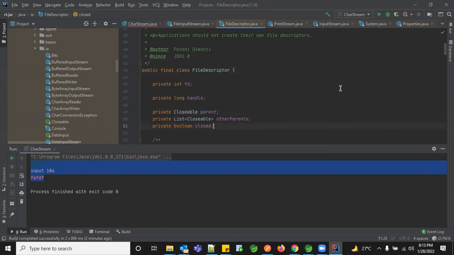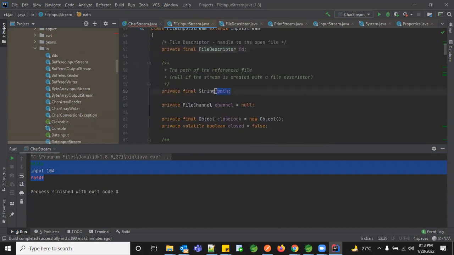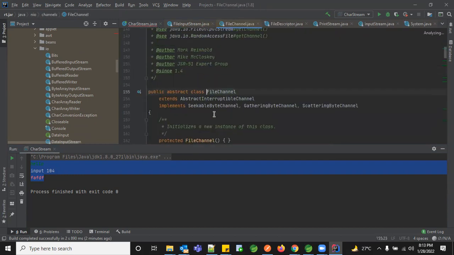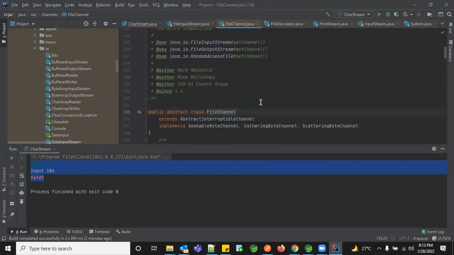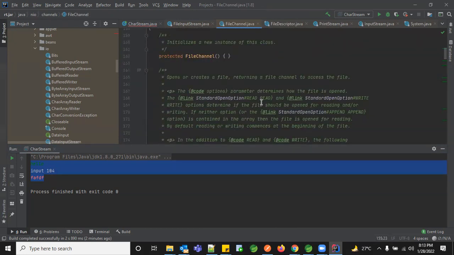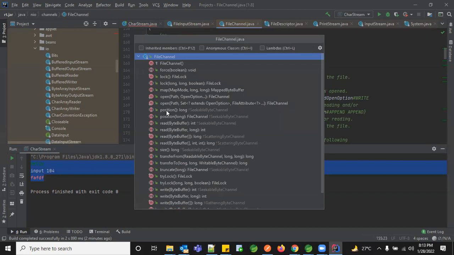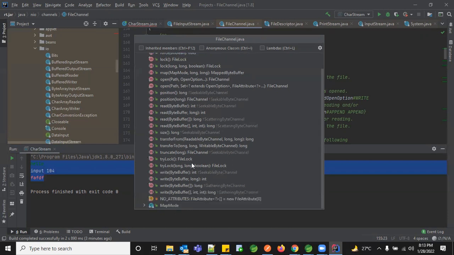And you can even close this once you're done with your operations. So for that, we always go with the file descriptor. And there's again something called file channel. This file channel is like what type of operation you're going to perform on that file. You can say in this particular path you have to open this particular file, or in this particular position I'm going to do something, or I'm going to read this file, or lock this file, or give privileges, like only this particular user can access it, or this particular user can't access it. So all the operations you are going to do through a file would be available in this file channel.